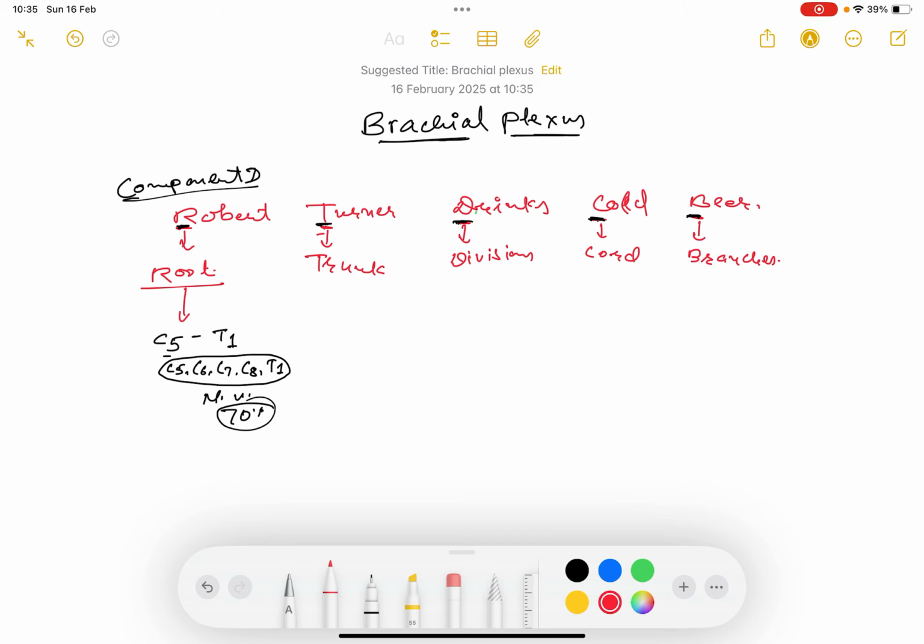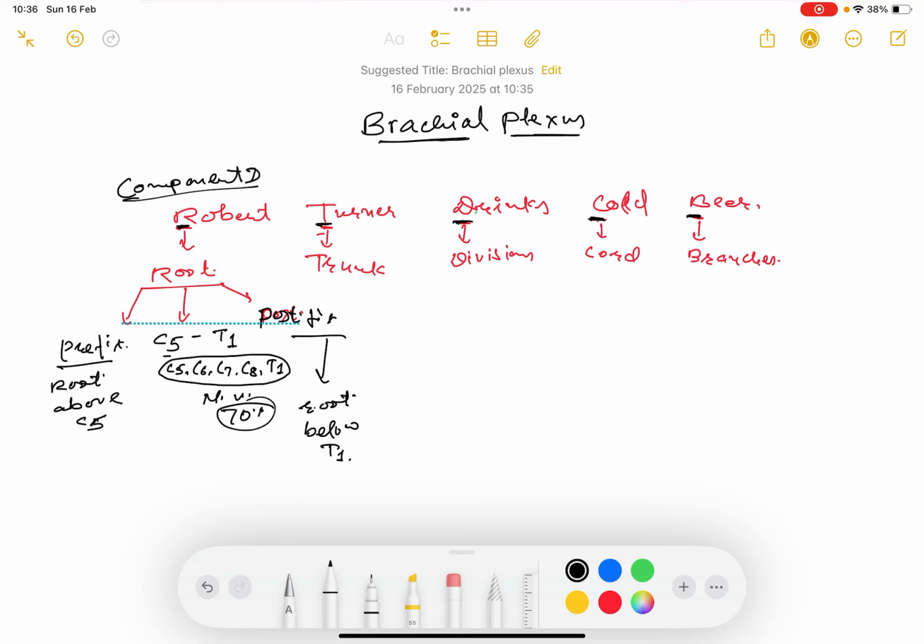Some individuals have the prefixed brachial plexus. What is prefix? Prefix means the root above C5. And some individuals have the postfixed brachial plexus. That means a root below T1, right? So these are the roots, and all of these roots, please remember, are the